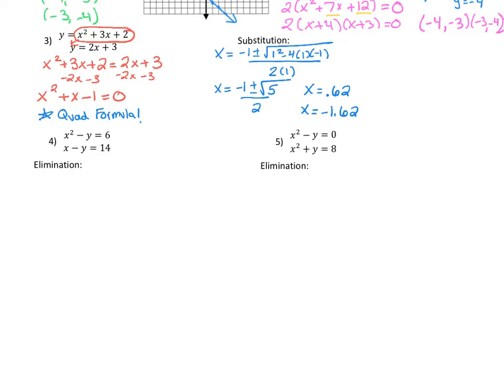Now, just like above, I need x's and I need y's. So I got to take these and I got to substitute them back into one of my two equations to find the y's. So typically I will pick the linear equation, but technically you could plug it into the quadratic and you should get the same answer. So if I do y equals 2 times 0.62 plus 3, I will get 4.24. And if I do 2 times -1.62 plus 3, I will get